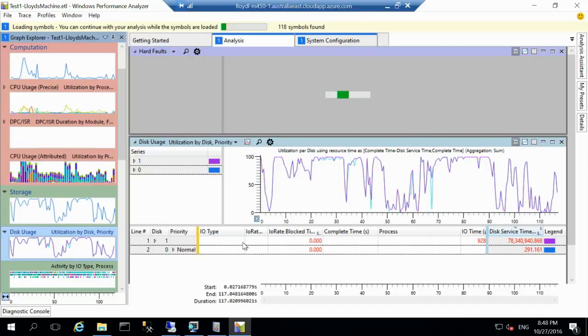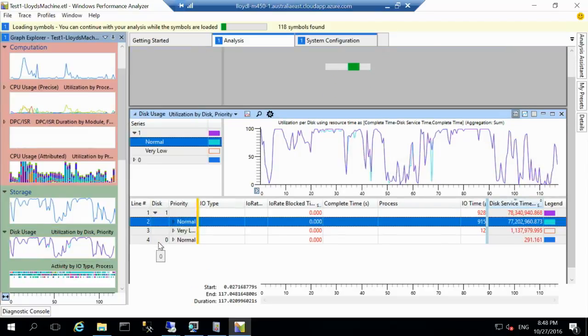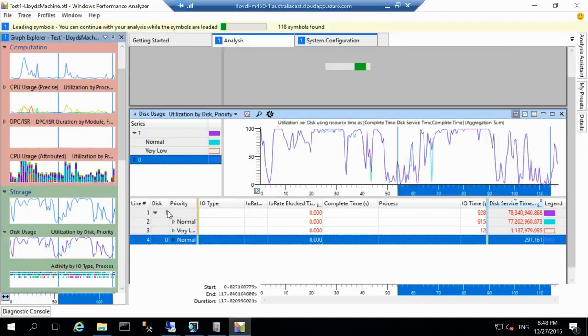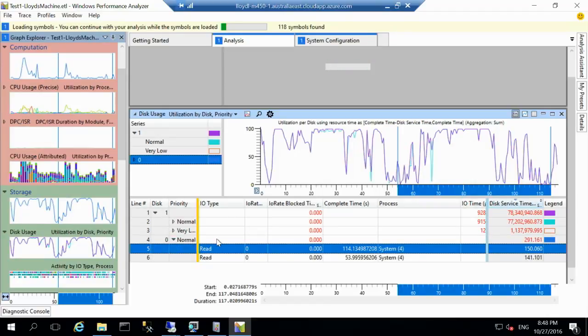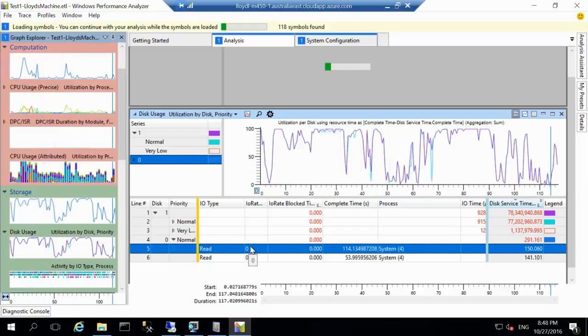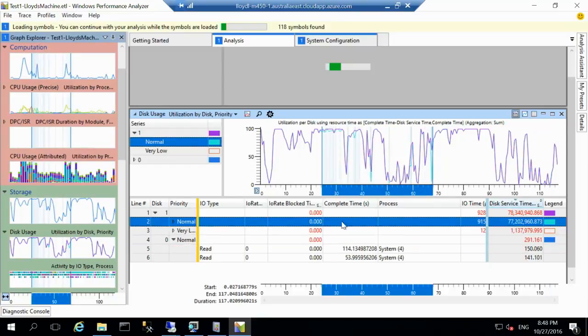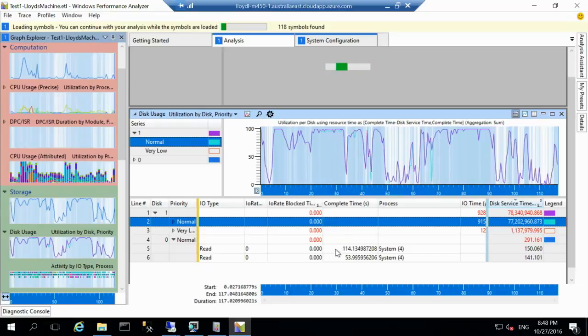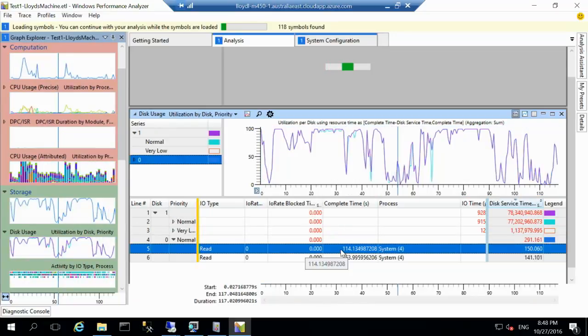Now this part here doesn't tell you what files are being accessed. It just tells you that these are the IOs that were made to the disk, and it was made to disk number 1 or disk number 0. So you can see here that if you look at the lines, it shows up very clearly that that particular disk is the one that has a whole lot of usage. The other disk has almost 0 usage. So it's disk number 0 that has the most usage, and it's coming from a process called System,